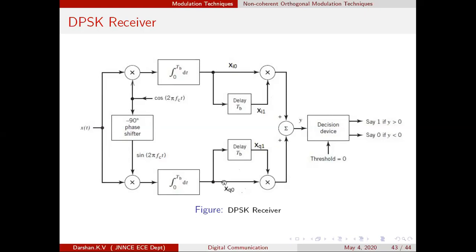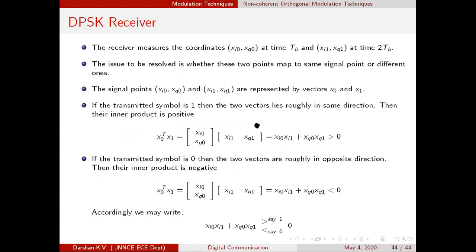Just understand only this xq0. Let us not bother about the delay line. What does this xq0 represent? It represents the quadrature phase components. Okay, so now we will come to xi and xq, you know that. Then what does this 0 represent and 1 represent? That we will see now.